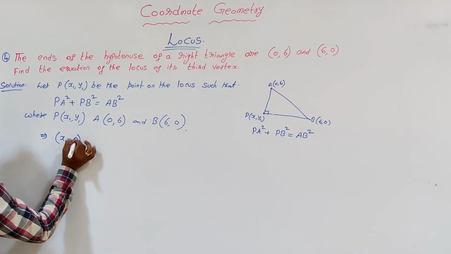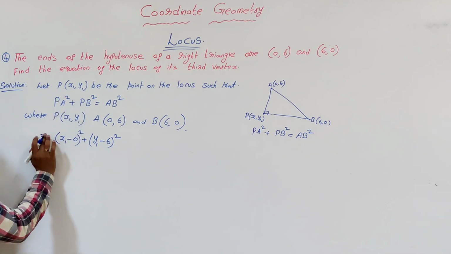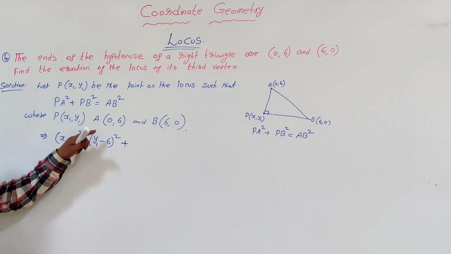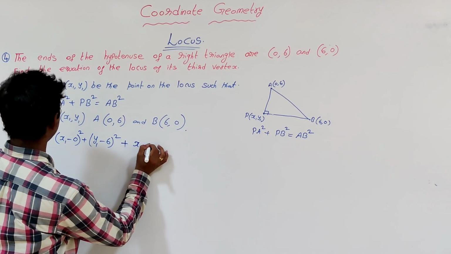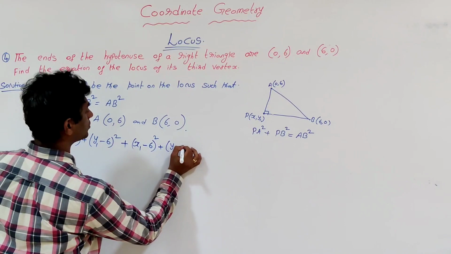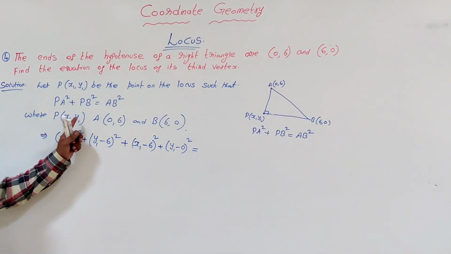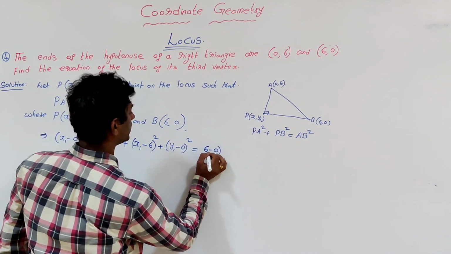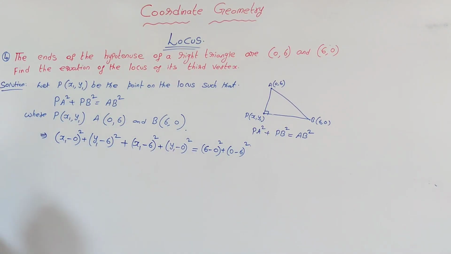So (x1 minus 0) whole square plus (y1 minus 6) whole square is PA square, plus PB square, which is (x1 minus 6) whole square plus (y1 minus 0) whole square, is equal to AB square, the distance of AB, which will be (6 minus 0) whole square plus (0 minus 6) whole square. Now upon simplification,